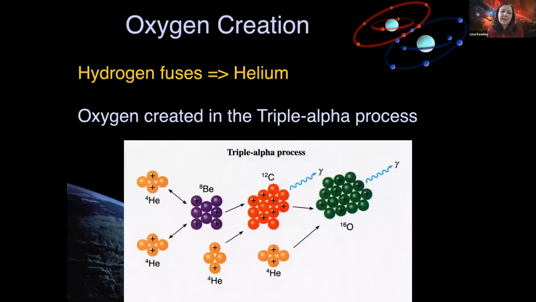Okay, so inside those first stars, some chemical reactions happen. So this is a fusion reaction. Hydrogen fuses together to form helium, and then oxygen is created through this process where two helium atoms are fused together to form beryllium, and then you add another helium atom to form carbon. You add another helium atom, and then you get oxygen. So this is one of the main ways that stars like our sun will in future be able to make oxygen. Our sun currently is only turning hydrogen into helium. So this is a process that happens in more evolved stars.